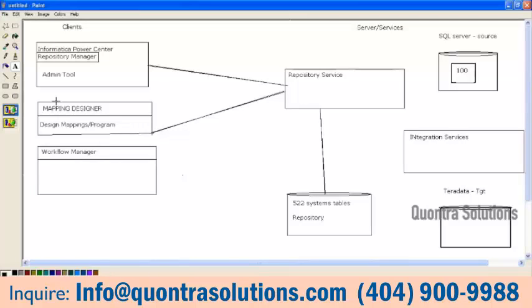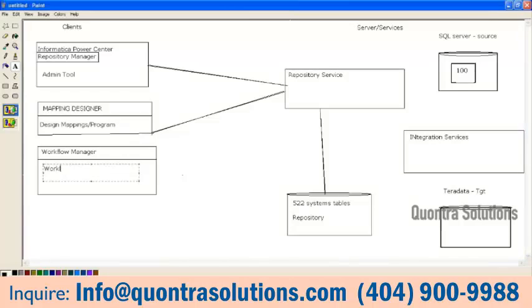After running mapping 1, the data is loaded here into the target database. After loading data, I want to send mail to some business people saying that data is successfully loaded into such and such target system. So you are going to develop a workflow here. A workflow means a set of instructions. How you are planning to execute your job, before executing your job or after executing your job.